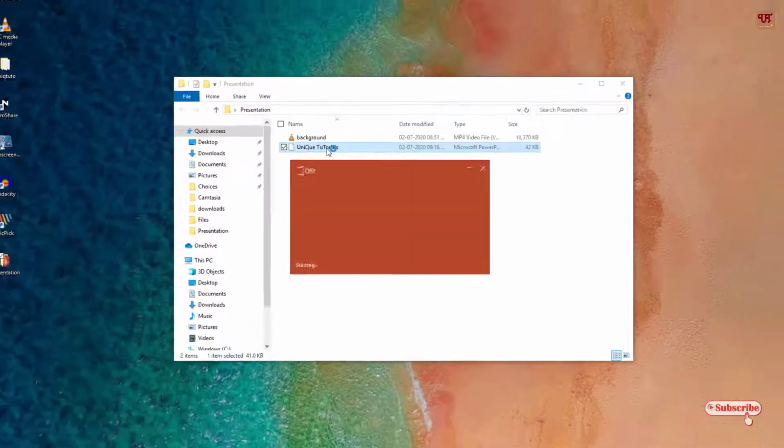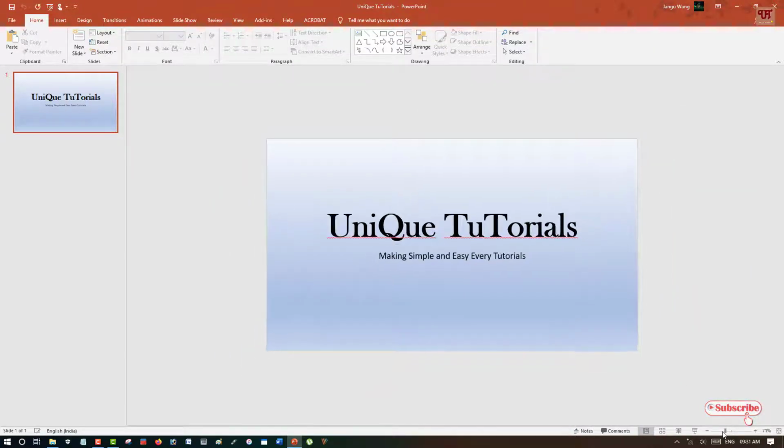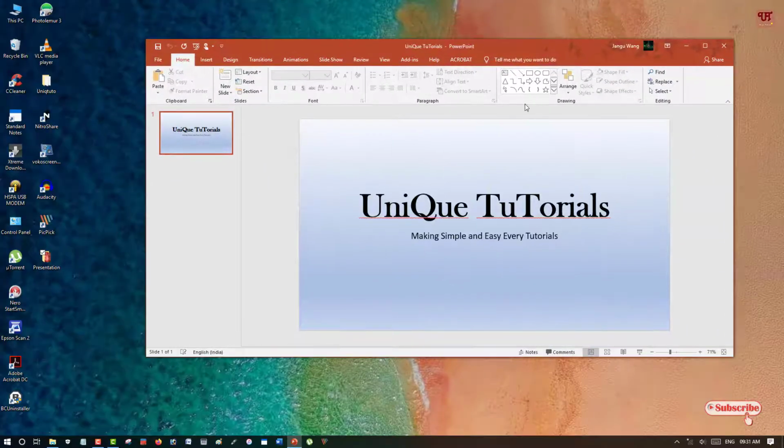So let me open my PowerPoint presentation slides in Microsoft Office PowerPoint so you can see them. Here you can see a simple background. So how do you add a moving background, that is, a video file, under these slides? There are two steps to add your video files in your Microsoft PowerPoint. The first step is